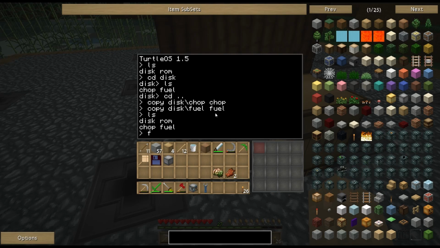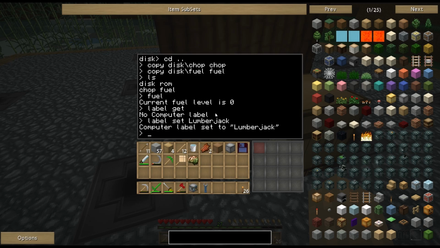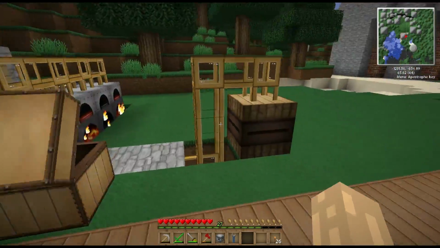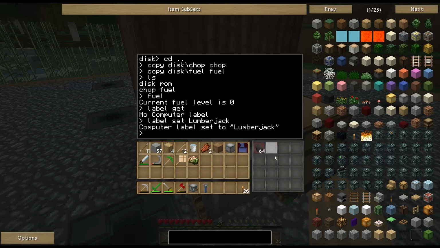Now, if we type fuel, current fuel level is 0. Actually, let's, or was it label get? Label get. So no computer labels. So label set. Let's call this guy the Lumberjack. Fantastic. And although we had fuel in there, we'll just reset this to